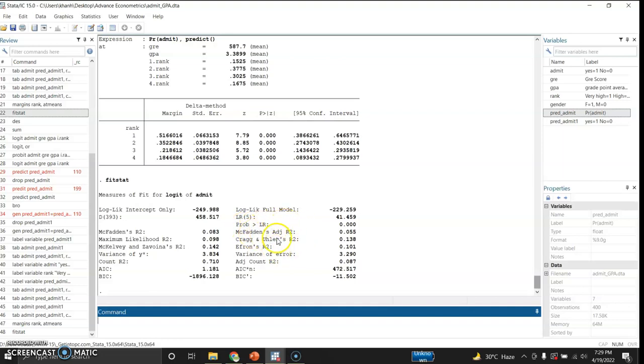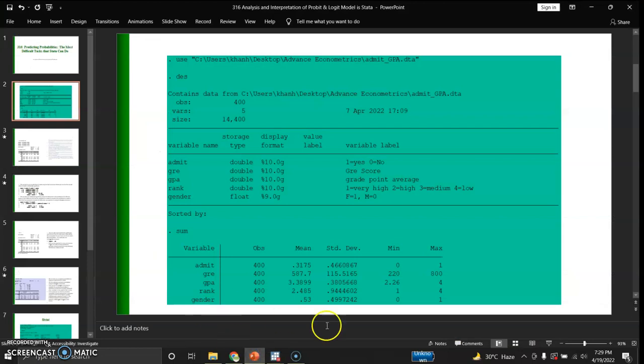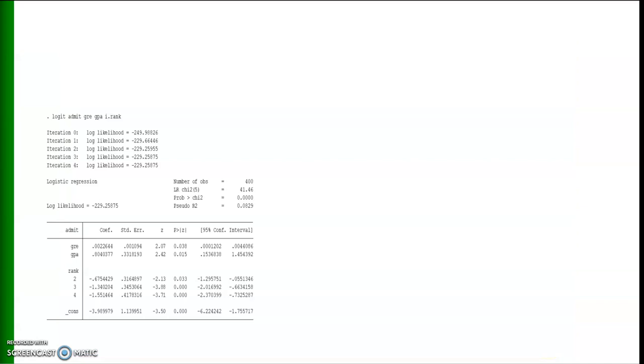These are the various R squared. This is variance of error. This is adjusted count R squared. This is AIC criteria. This is BIC, and these are for the intercept only, and these are for the full model.